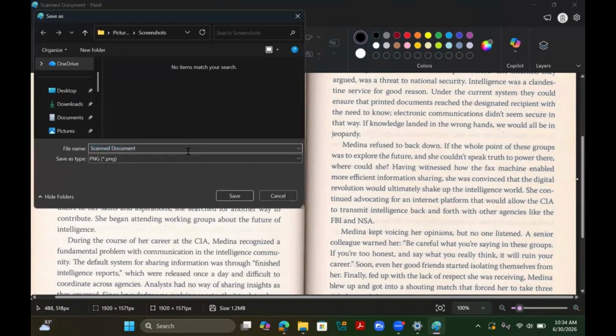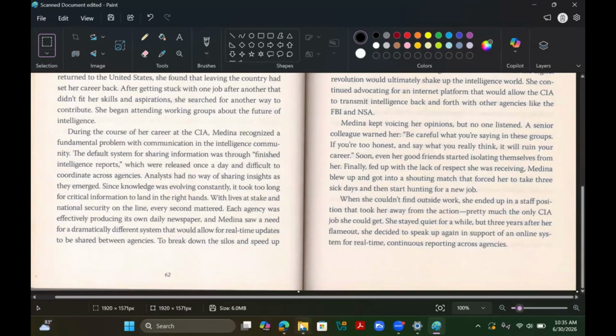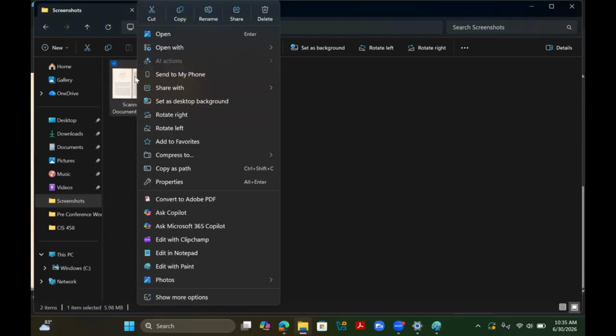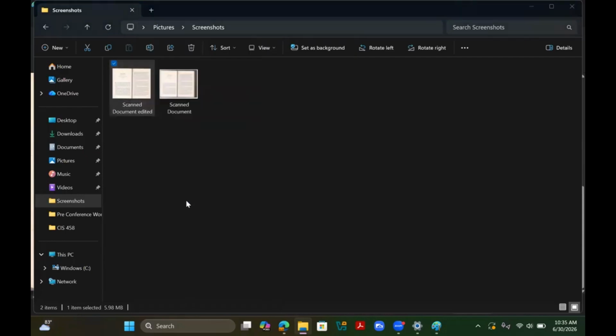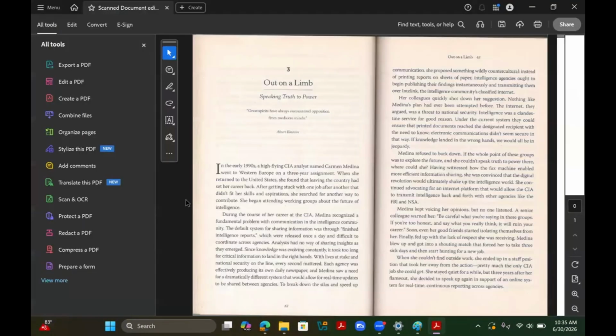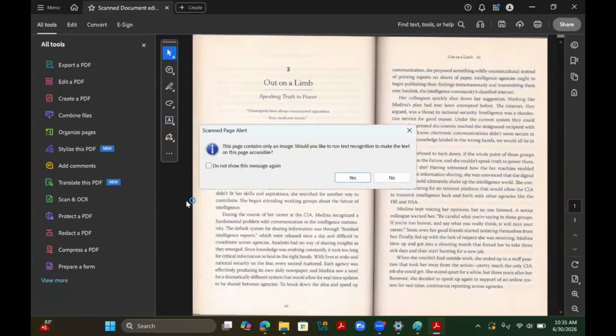So I'm just going to name it scan document edited, and I would save it in my screenshot folder. Now I have the document saved. I would navigate to my screenshot folder, right click on the scanned document edited, which is the document I just edited in Paint, and click on convert to Adobe PDF. If you don't have that option, there's a high probability that you do not have the Acrobat Pro version. And so I would advise that you reach out to IT, because as faculty, you should have access to the